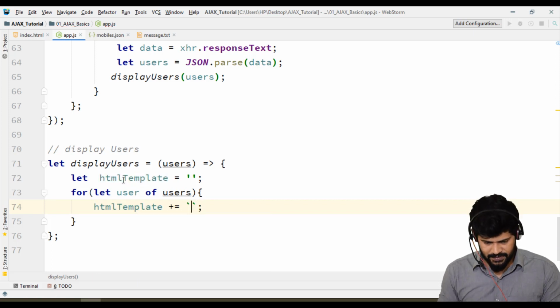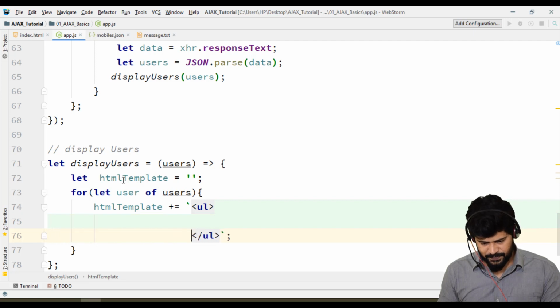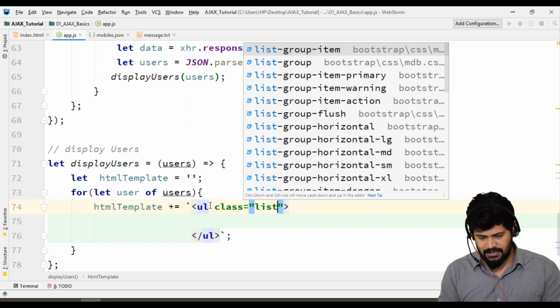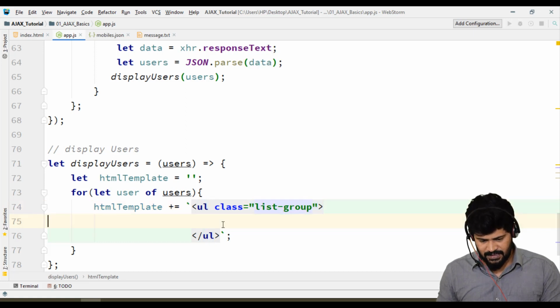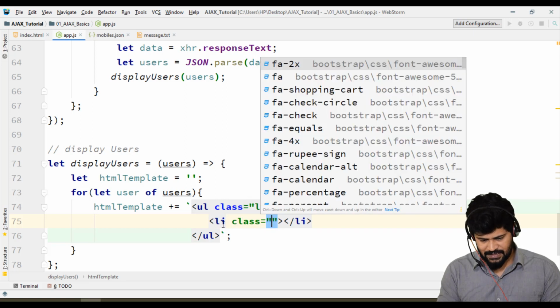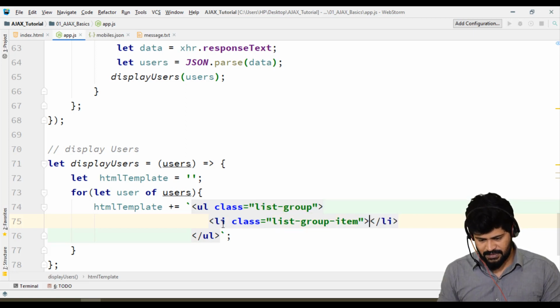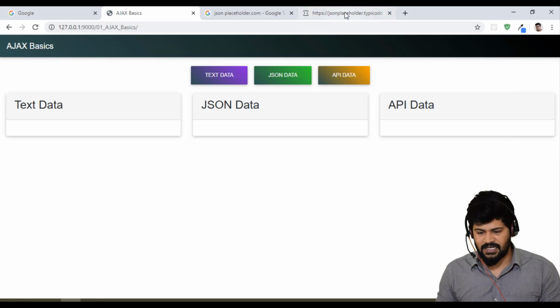So backtick. Here I want to use a UL tag, /UL. So multiple UL tags. And if you wish, you can give a class name also, list-group, and li with the class called list-group-item. What you display is actually what data has come.